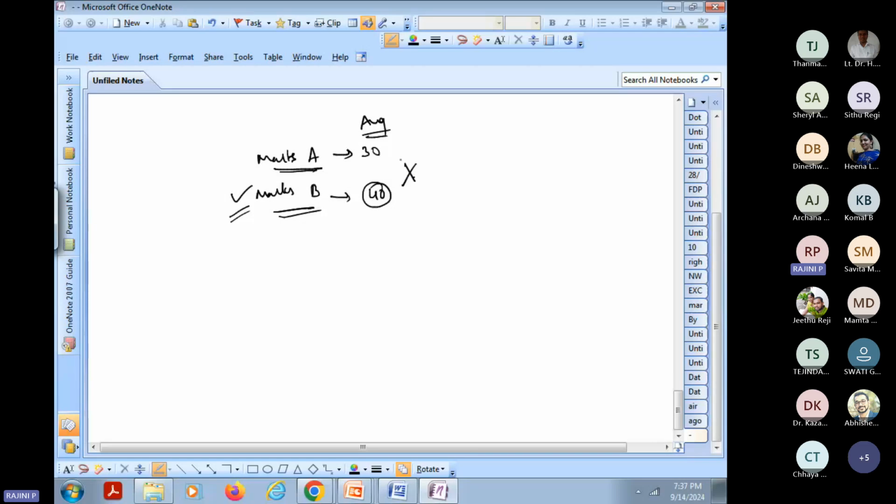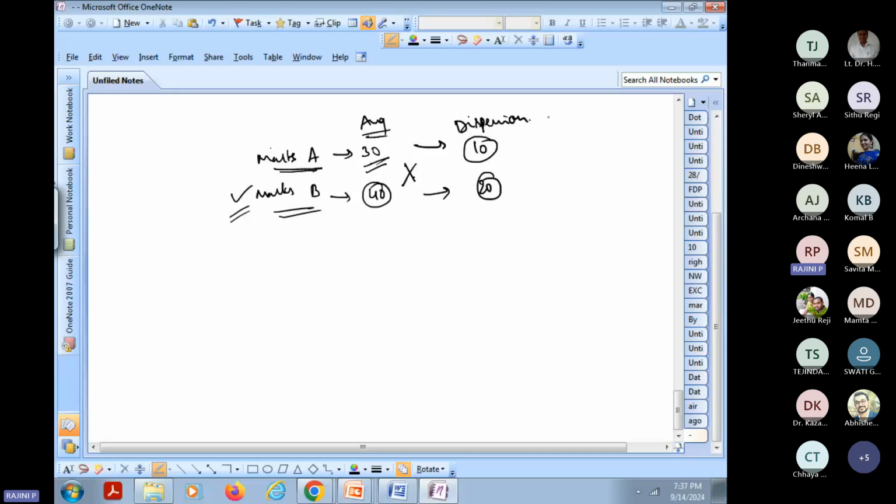If you are giving the conclusion based on the average, it is wrong. Clear? So you need to calculate the dispersion, that means the actual value to the center value. How much is there in section A? It is only a 10 marks difference. And in section B, it is a 20 marks difference. Then what do you say? Section A students' deviation is very small if you compare it with the student deviation in section B.